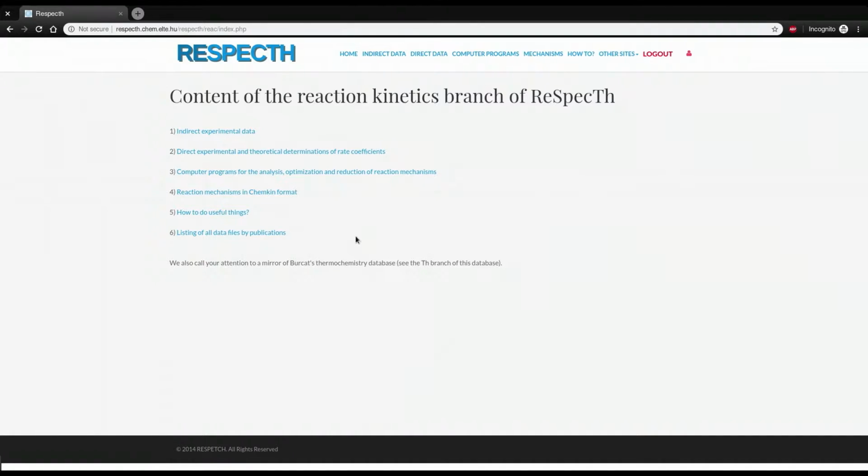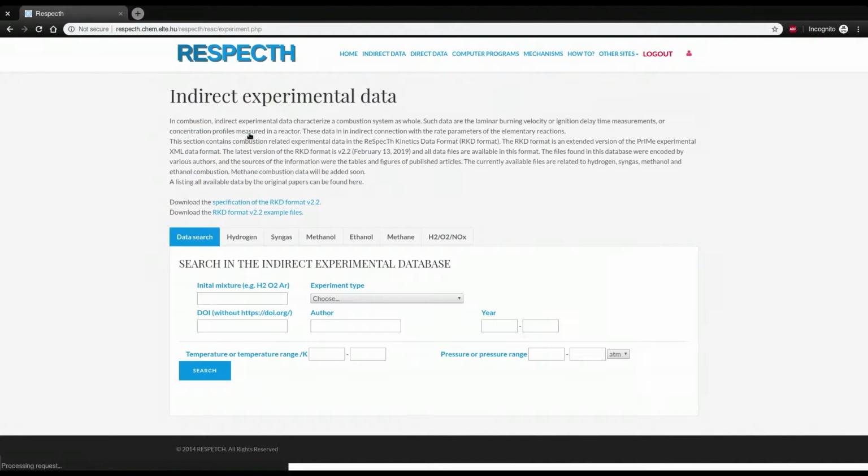Now I will go to the indirect experimental data page. On this page, we can search in the database using several searching criteria, for example, species in the initial mixture, temperature, pressure, or bibliographical information.